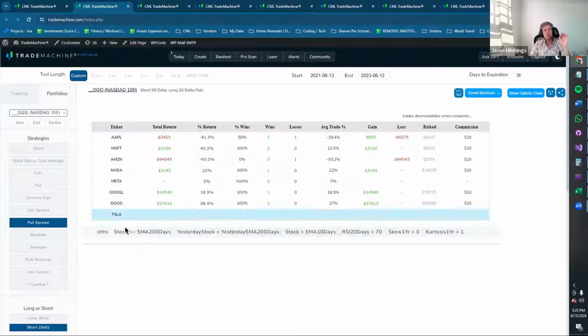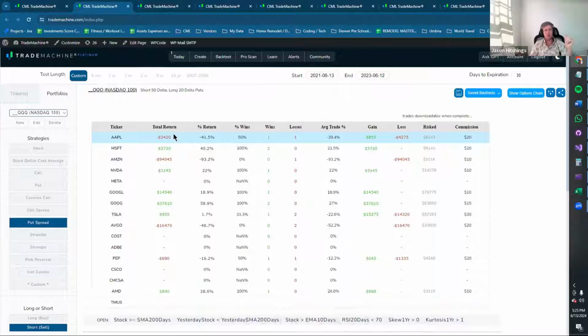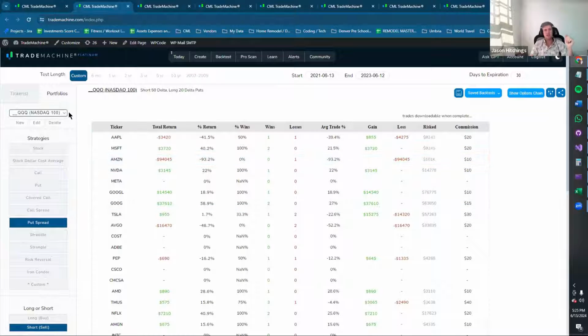So you can test it not just to see if it worked on 1 or 2 stocks, but when you're creating your own strategies, you can see if it worked on a bunch of different stocks all at the same time. So that's a good way to see if, hey, did this just happen to work in this one stock, or is it something that works well across industries?